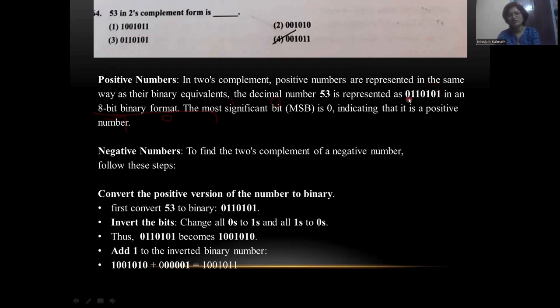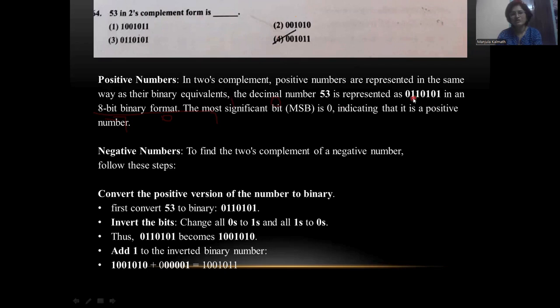So whatever the numbers we are getting, we'll be prefixing with one extra zero. The most significant bit is 0, indicating that it is a positive number. Always in the number system, the positive sign will be indicated with 0 and negative will be 1 here. Then negative numbers. Now the answer for this question, given that the positive value is only 53, that's what the 2's